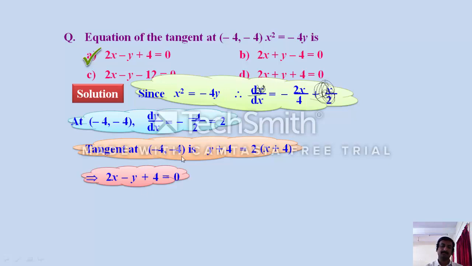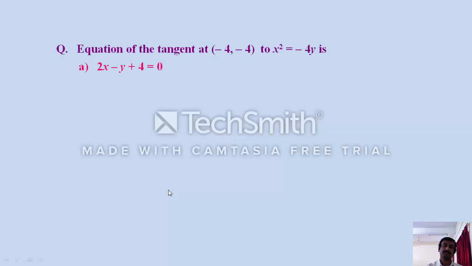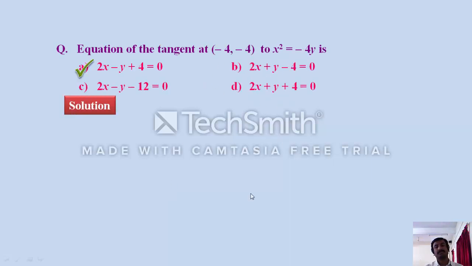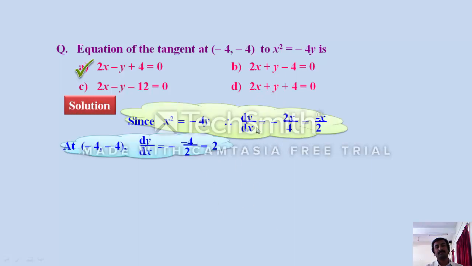So then now look at this, again we proceed. The tangent at the point minus 4 is y minus y1 equal to m into x minus x1. You know the formula. In that, y1 is the y point, m into x minus x1, x1 value, substitute and simplify. This is my required answer for this question, correct. It's very simple here; this one was mistaken earlier, I just made it correct. So minus 2x by 4 equal to minus x by 2, and finally substitute dy by dx equal to 2, and then you get the required equation.